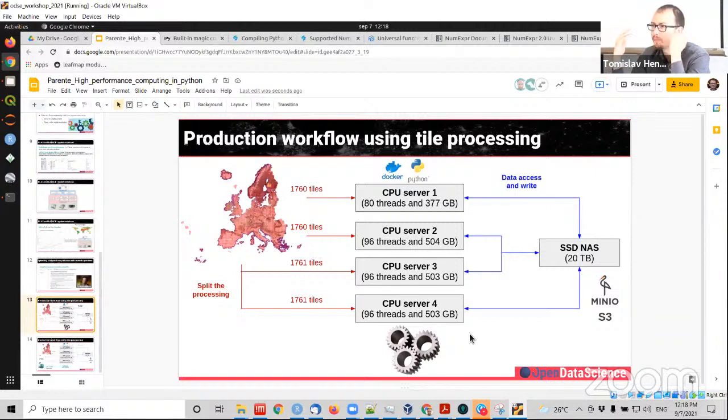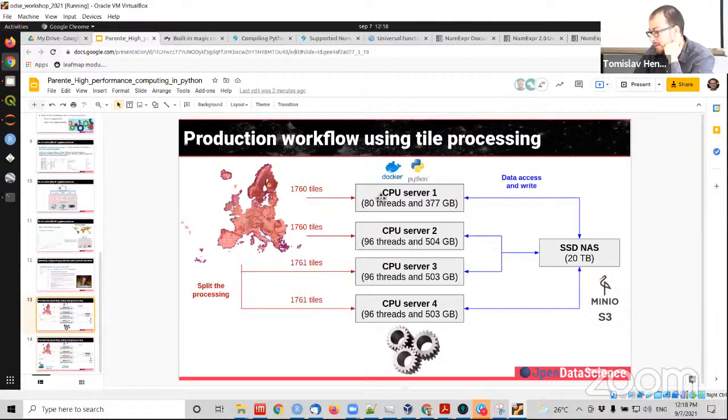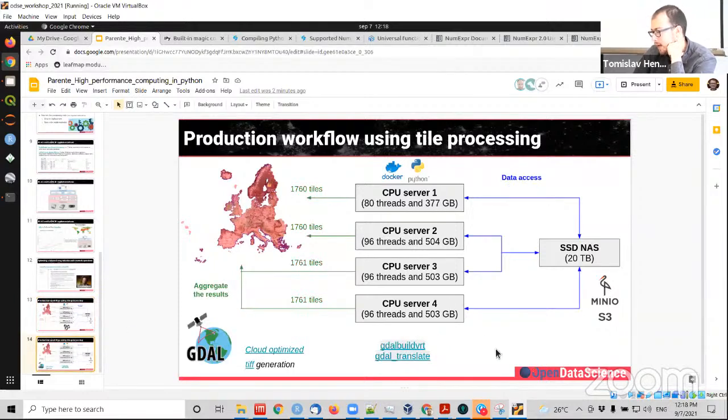You can use optical fiber. So for in-house processing, there are multiple possibilities. And later, we send just the bounding box, we read all the data that is necessary, we do the calculation, and we save back, sending all the data to this SSD and NAS. To save, we actually need to use the S3 protocol, and later we use GDAL, our good friend, to